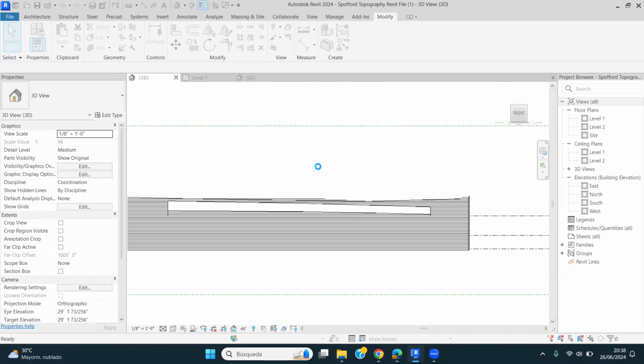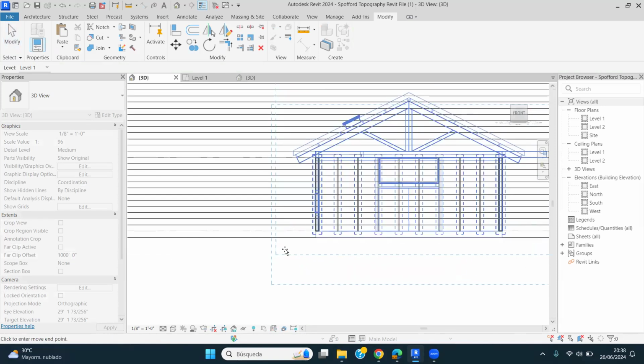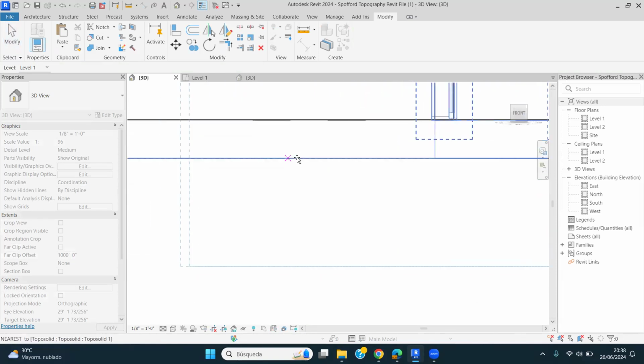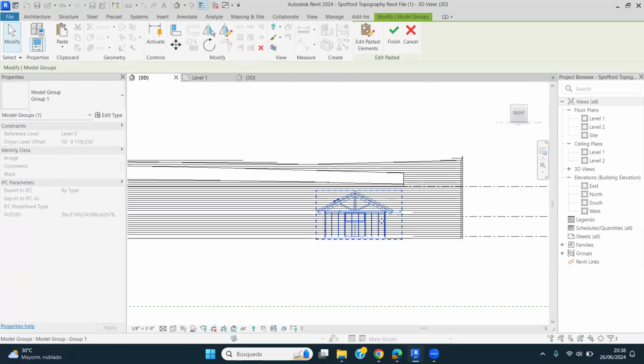And do this, and there you go. This is the barn. Now, this always happens with Revit. We have to try to make this as accurate as possible, like this. And now we have the barn here. And it would be great if we could move it. It's not easy moving it. Okay, so you see that we can move it, but not